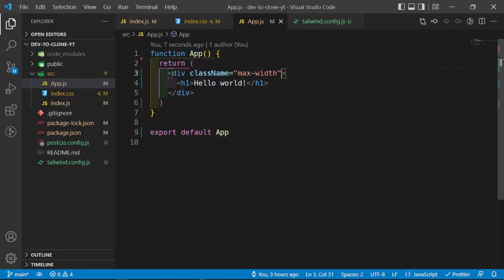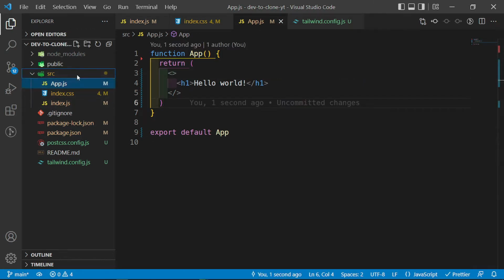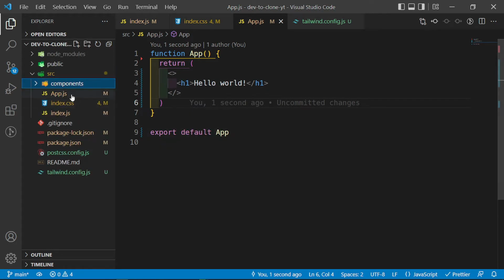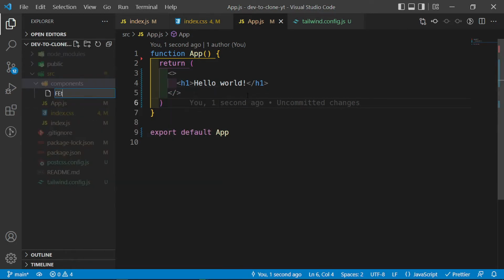Now I don't want this class to be here. This is just a demonstration. So instead, what I'm going to do is create a new folder inside my source folder called components. And then inside components, I'm going to create a new file called